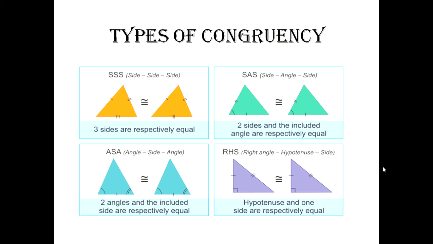Now I have already mentioned that RHS congruency falls under SAS congruency. So why is that? Because in SAS congruency, two sides are equal and one angle is equal. Here in RHS congruency also, we can say that the right angle is the angle which is equal, and the hypotenuse and the other side, both are sides of the triangles. So two sides and one angle. So RHS congruency is another type of SAS congruency, and it is used only in the case of right angle triangles.